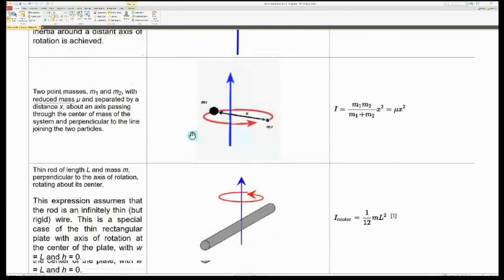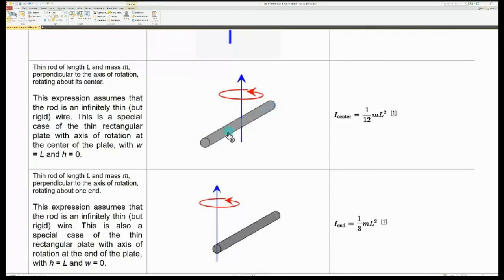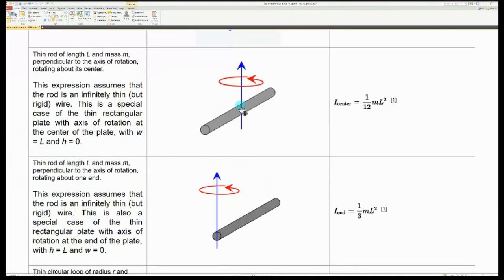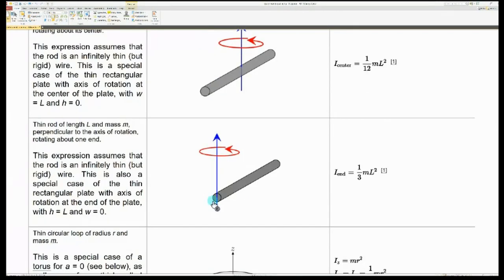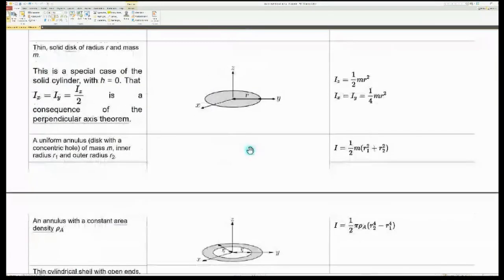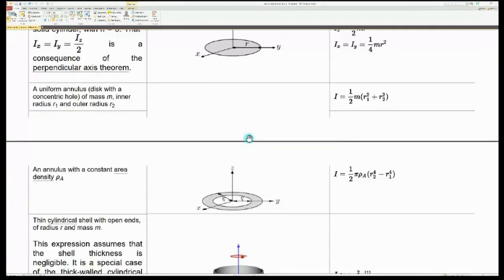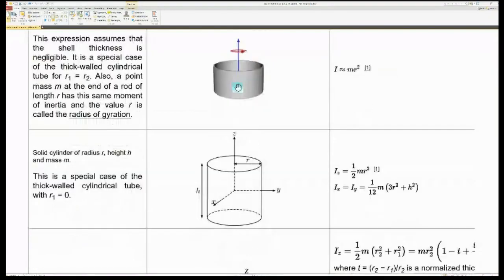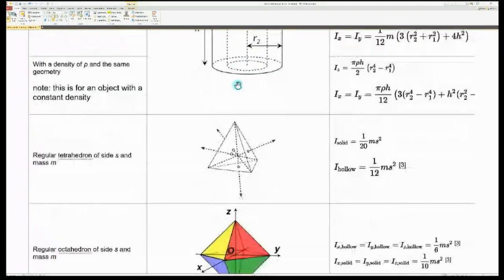Similarly, you go one by one. We did not consider a rod with a circular cross section, so this is also not wanted. We can also take this and oscillate. So that is how the experiment has a lot of freedom, and you can oscillate about various axes. I was telling, the central axis. This one is the central axis, and you can also shift the axis to the side. So various possibilities are there to play around with this experiment. Now coming to the point, since we have chosen a rectangular box kind of material, we don't want these formulas right now. So let us go further and further.